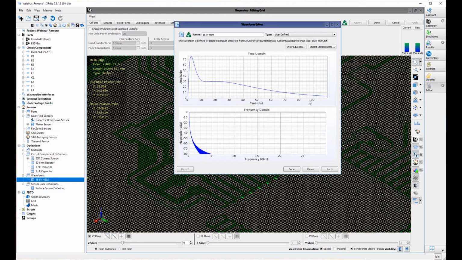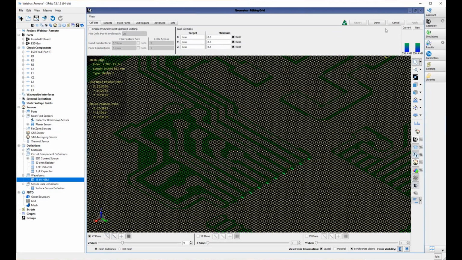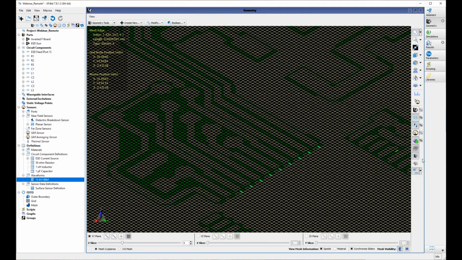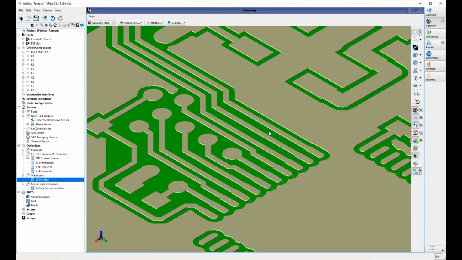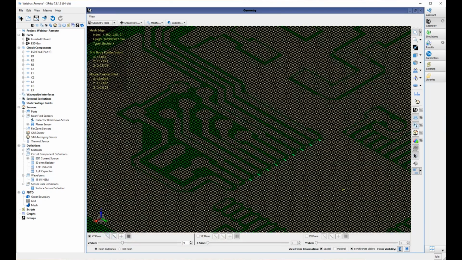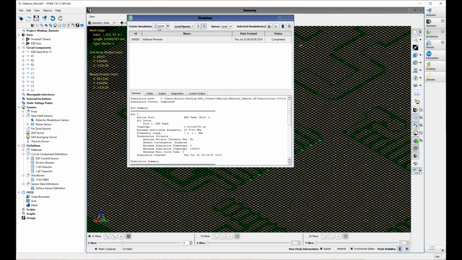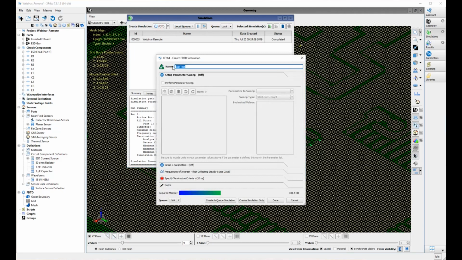these waveforms relative to the FDTD time step are actually very long. And that's why it's really important to try to squeeze out every little bit of computational savings that you can when you're setting up these simulations. So now we have everything defined and we're really ready to create our FDTD simulation. So we'll come over here, we'll go to create FDTD simulation, ESD test, and like I said previously, these are